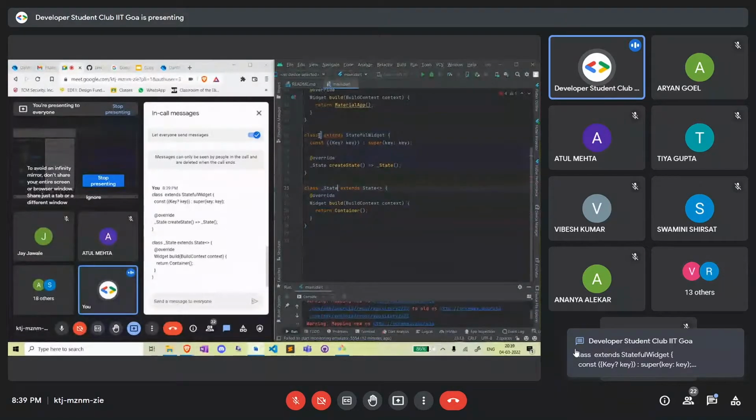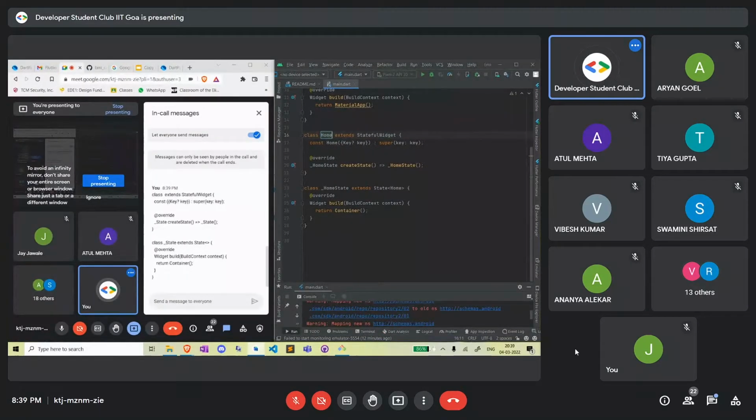Oh, I forgot to name it. One second, let me name it. This stateful widget, in my case, would be called HomeScreen. So that's Center, and it is returning. I want HomeScreen to return